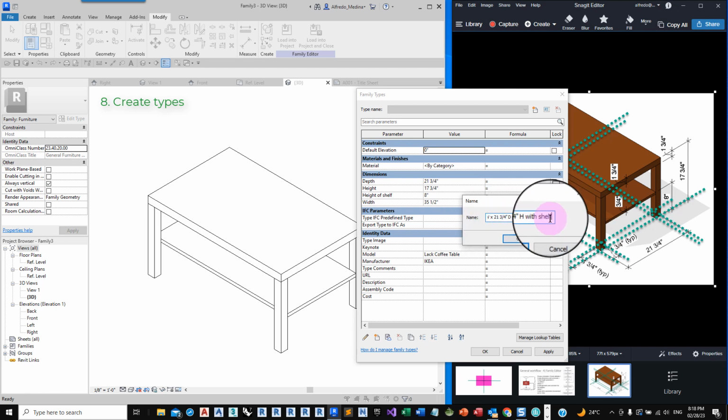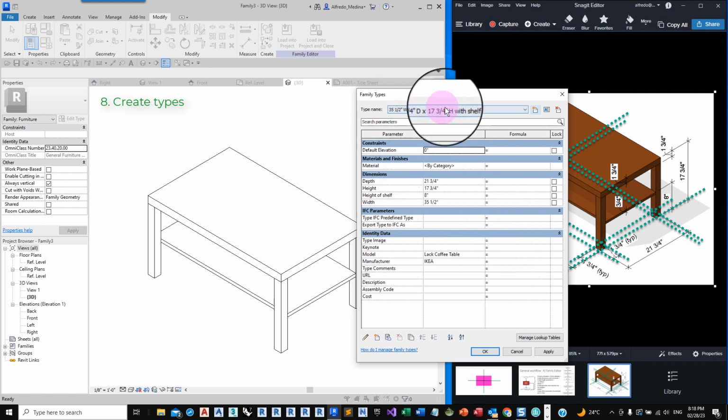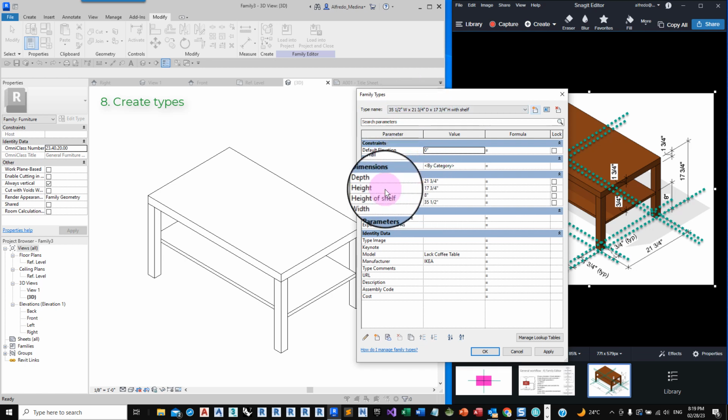This could be another way to name this type. So if you use this style, just make sure that these values match the dimensions that you have.